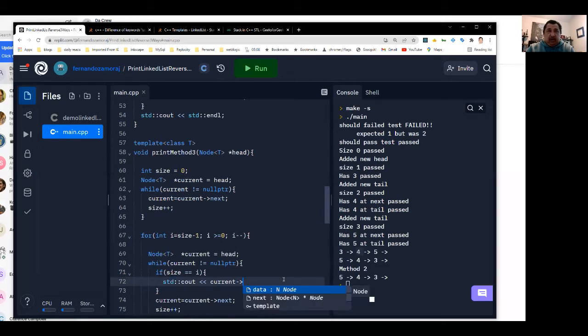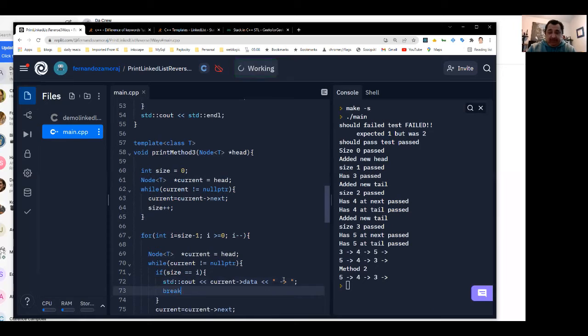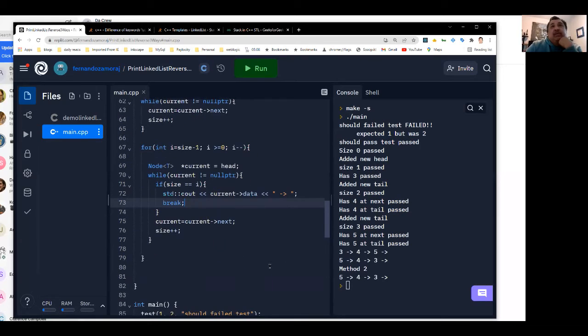Current data. And then we break out of it, right? We don't have to break. I mean, we don't have to keep going. We just break out of it because we don't have to keep going. And then at the end of it all, we just say std cout